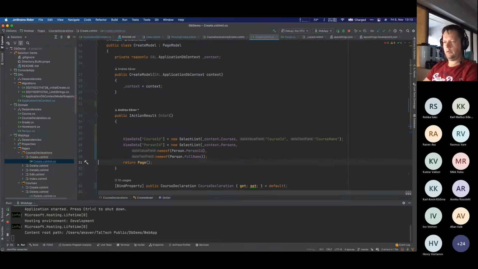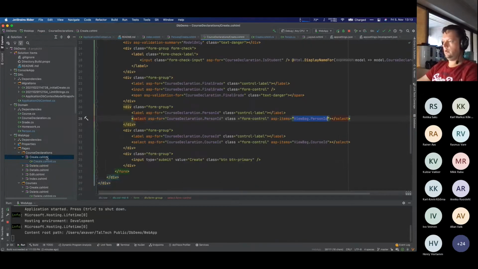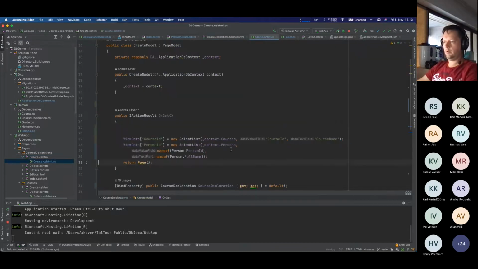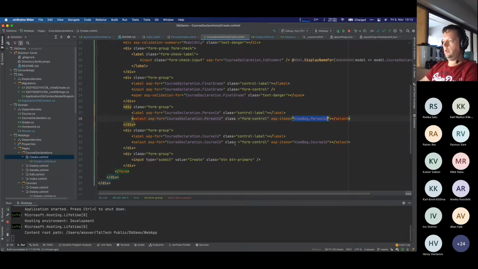I'm thinking ViewBag is only in Razor actually. Is it really so? Yep, here it is a ViewBag. Why can't I do a ViewBag here? No bag. Go figure. Yep, only ViewData is here. I think MVC also has the ViewBag on both sides. So here it is a dictionary, the ViewData. And here on this side, when we are in the CSHTML, then we can access it both ways,